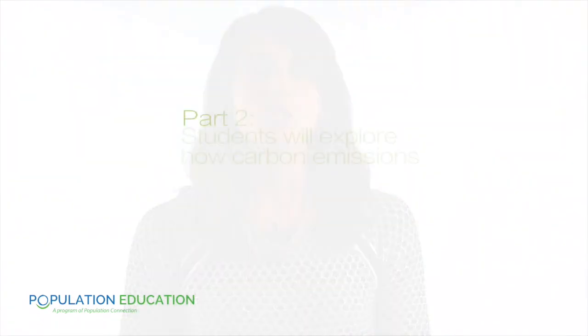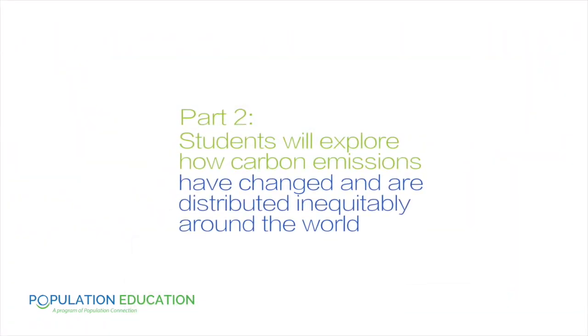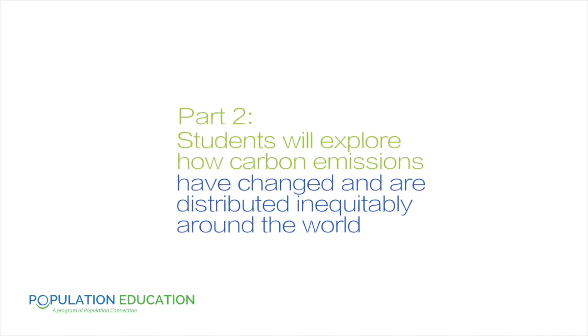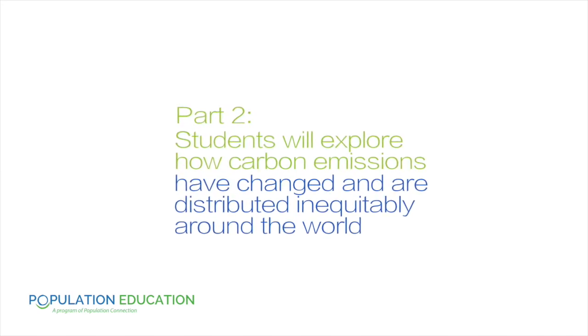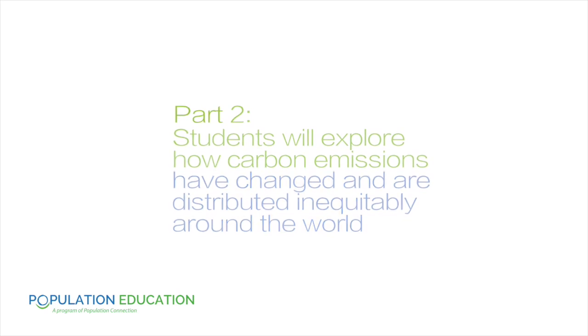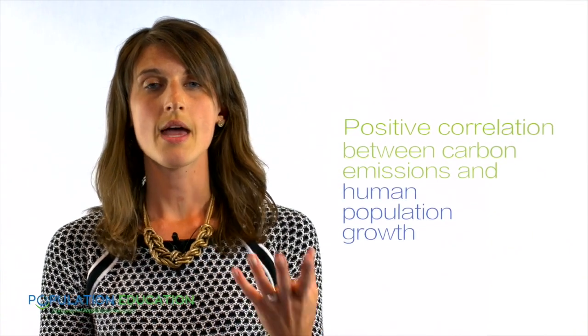In part 2, students will see how carbon emissions have changed through the years, and will also see how carbon emissions are distributed inequitably around the globe. So, to see how carbon has changed through the years, they'll still be using the World Population History website, but you'll want to play the carbon emissions overlay, which shows carbon data starting from the year 1751 and moving forward to 2010. Now, by watching this overlay, especially as we're watching the population dots being added to the map, we can come to some conclusions about the relationship between population growth and carbon emissions.